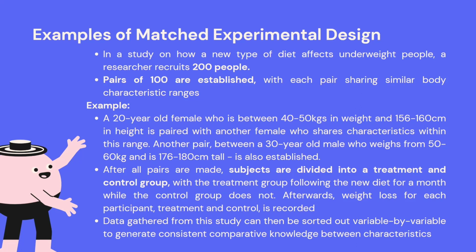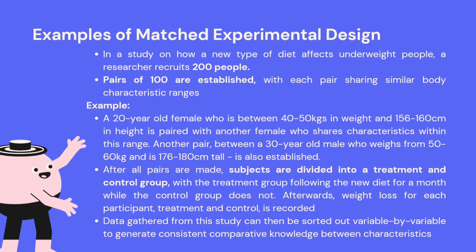For example, a 20-year-old female who's between 40 to 50 kilograms in weight and 150 to 160 centimeters in height is paired with another female who shares characteristics within this range. It doesn't have to be precisely 50 kilograms. It doesn't have to be precisely 156 centimeters. It can be between these two values. Another pair between a 30-year-old male who weighs from 50 to 60 kilograms and is 176 to 180 centimeters tall is also established. We repeat